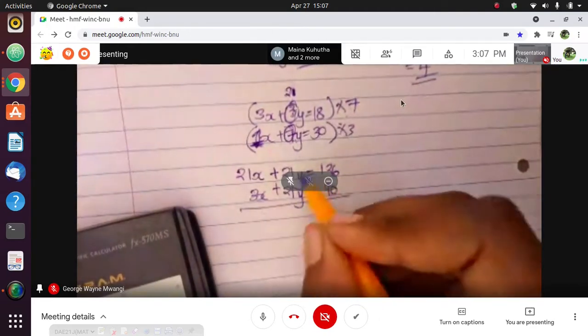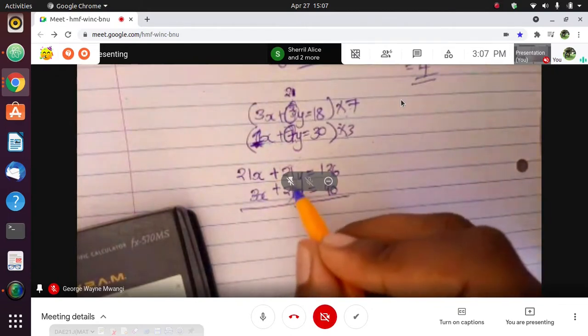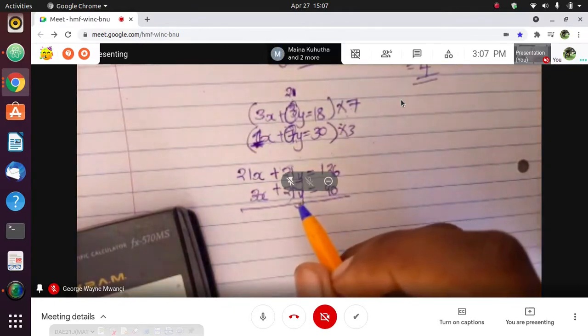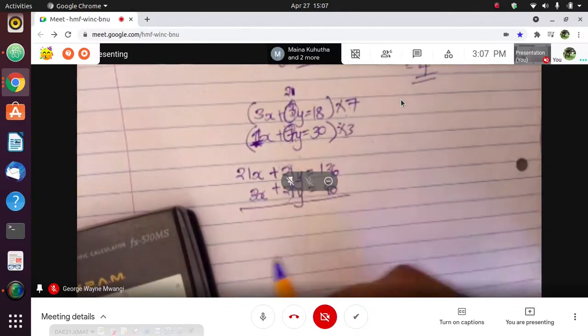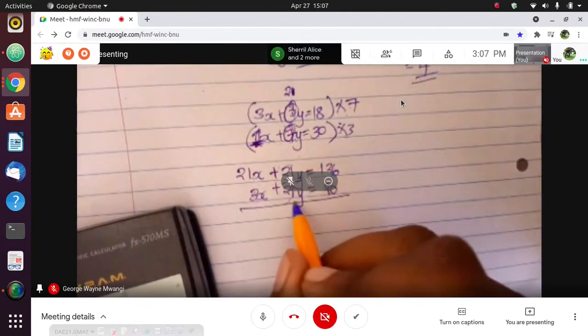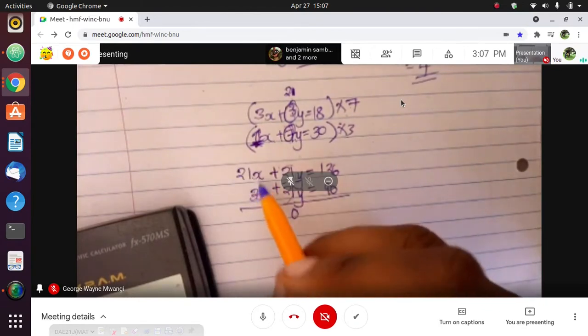Now we have made the coefficients of y equal. Now we want to eliminate the variable y. What do we do? Will we add or will we subtract? Sorry, we subtract. Now if we are subtracting, then we subtract everywhere. So 21y minus 21y gives us 0. Now 21x minus 3x gives us